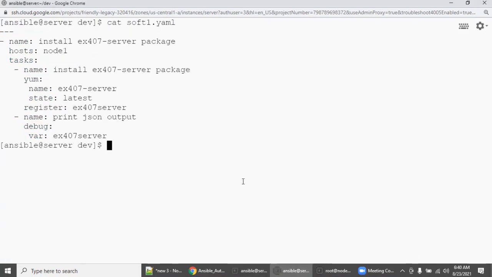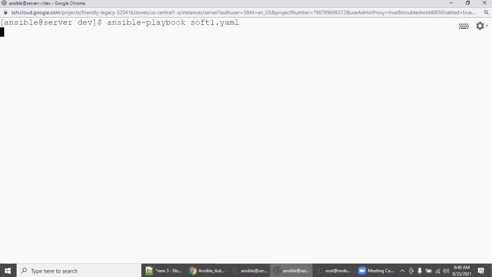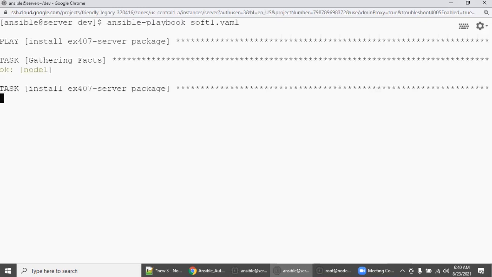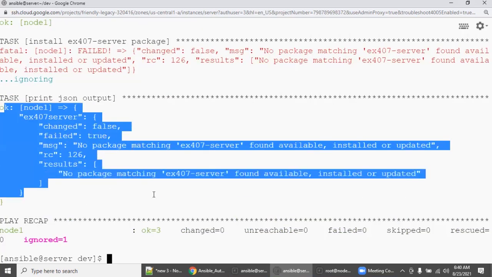Let's make sure the changes have taken effect. Yes, now the updates got saved. Now execute the playbook soft1.yaml. Even though it gives an error, it will skip and finally our expected output got generated.